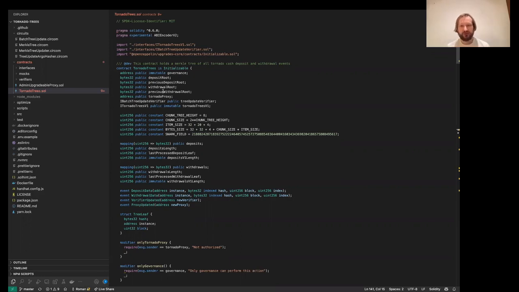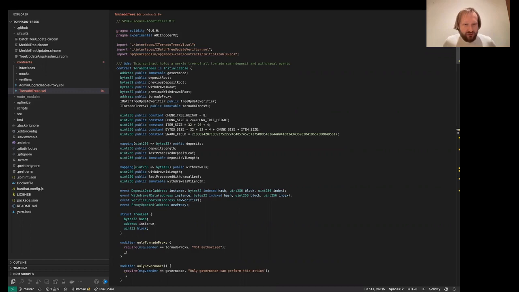But what if we want to check if each element that is uploaded is valid? In this case, we cannot just upload the Merkle root, because what if the actual elements are different? So we either need to build this tree on chain and verify it, and it takes a lot of hashing and could be very expensive. And the alternative way is to build it off chain and then use a zk-SNARK to prove that it was built correctly.